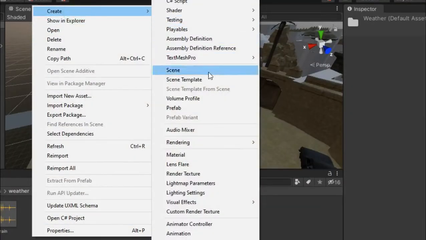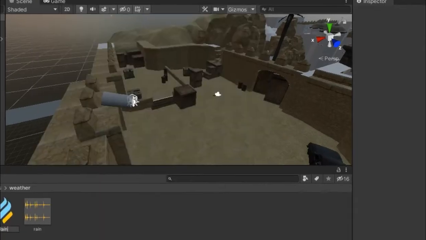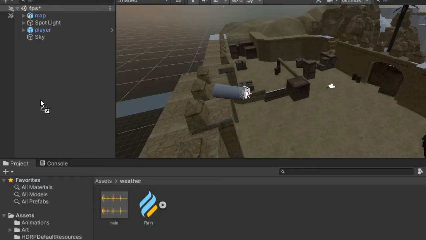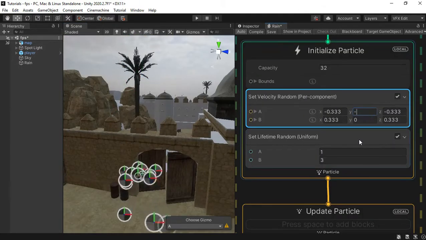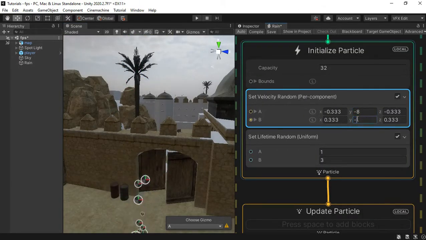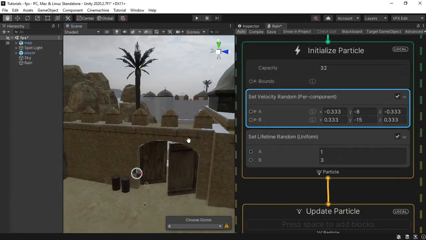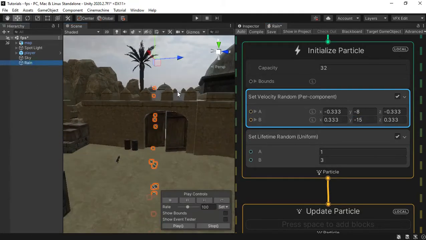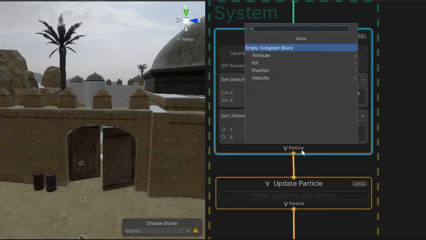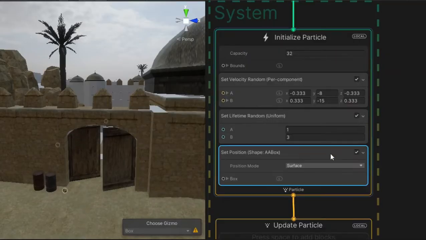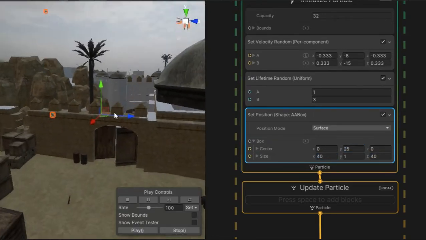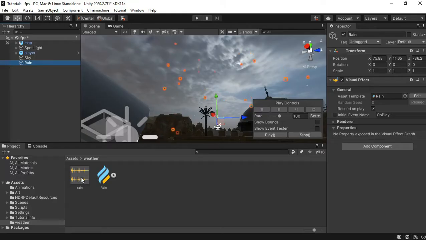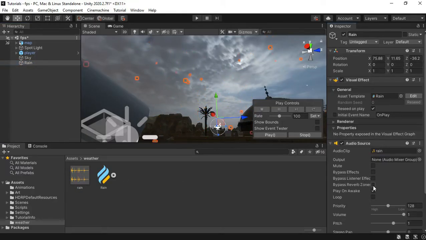Let's start by adding the rain. Create a visual effect and drag and drop it in the scene and start editing it. I'm going to start by changing the random velocities Y to -8 to -15 so that the rain drops. Then I set its position to an AA box, and for now I'm going to set it to be 40 by 40, and I'll set its center Y to 25, and I also add the sound effect to the game